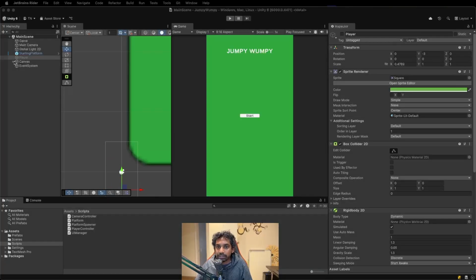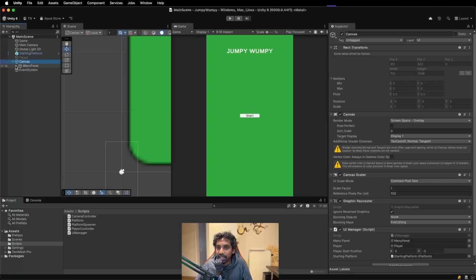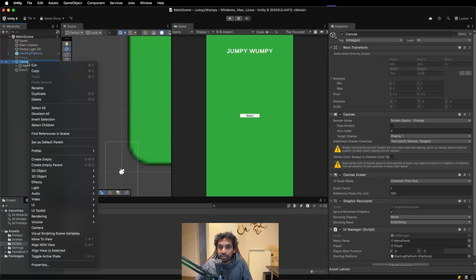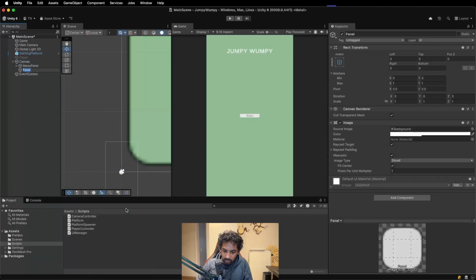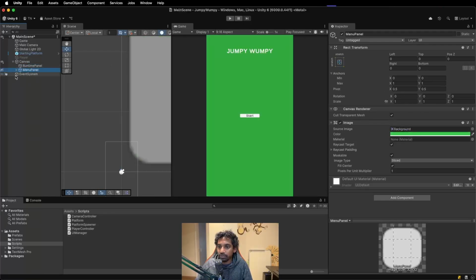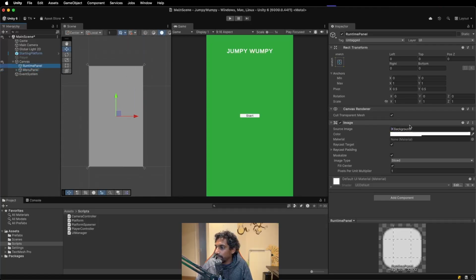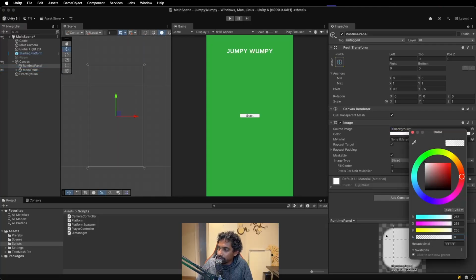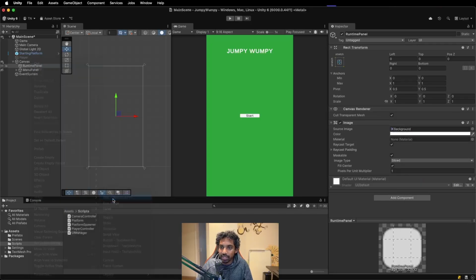Cool. All right, so the next thing we want to do is handle some runtime information, like the player's score, for example. Okay, so to do that, to our canvas, we can add a new UI panel. We'll call this the runtime panel. We'll move it above the menu panel. I'm just going to hide the menu panel for now. And here we'll set the runtime panel to completely transparent, but inside of it we'll add a UI TextMeshPro,